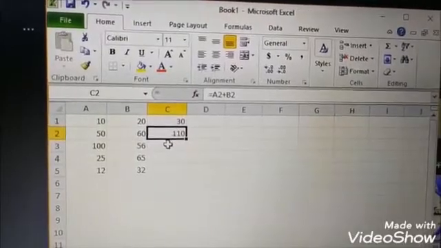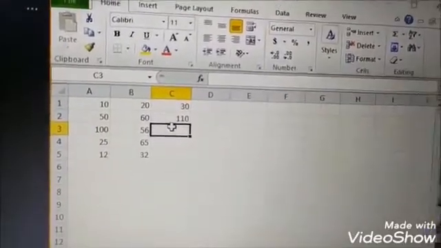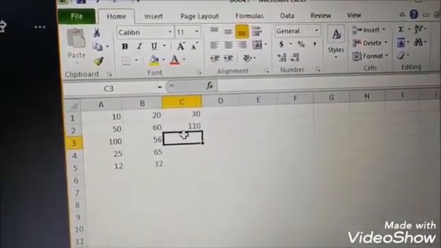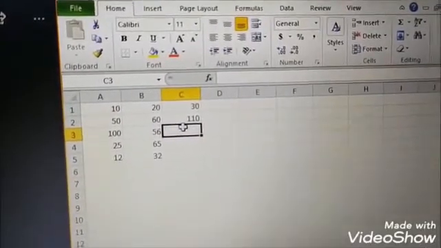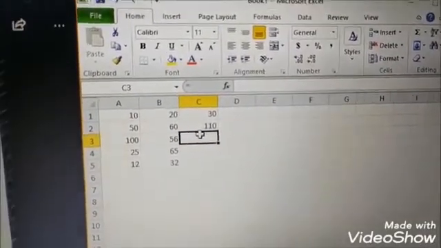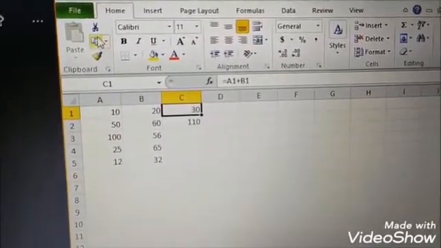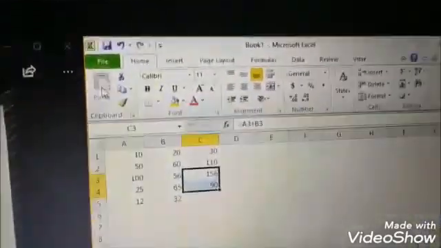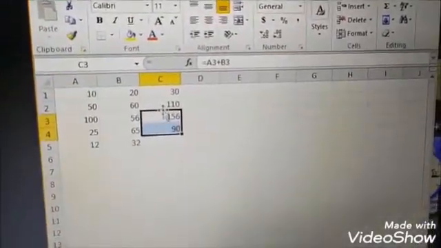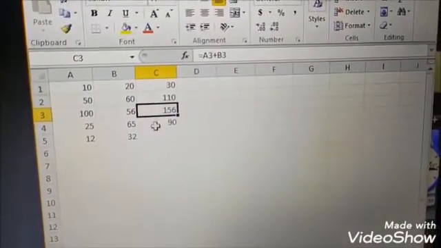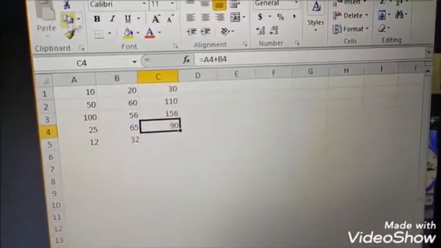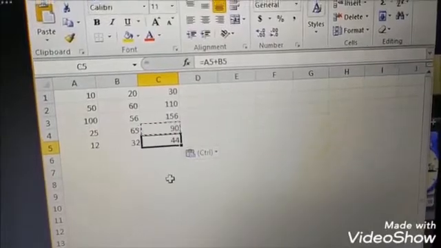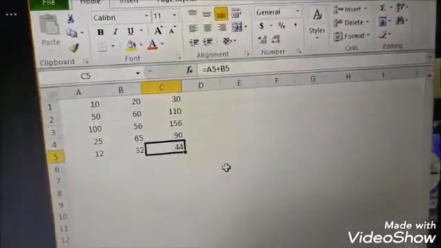Okay. Now if I copy this formula to here, that will be A3 and B3. If I copy the formula to the next, A4 B4, next A5 B5. So relatively it will be changed. Instead of copying A1 plus B1, the formula is relatively changed in the other cells. Just look here, copy. I just drag these three and paste. Look how it has happened. It is A3 B3. It is A4 B4. Okay. Now if I copy this formula to here and paste, you see it is A5 B5.